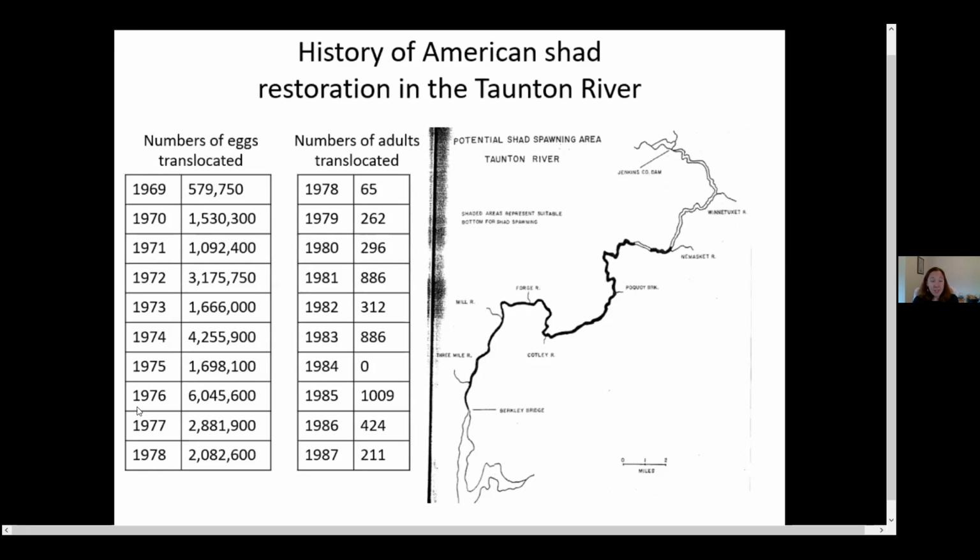So around 1969 into the late 1970s was when the big push to try and stock American shad, mainly from the Connecticut River, was underway, and eggs were translocated into the Taunton River and the Charles River. Now, upon first glance, these seem like pretty good numbers, but to kind of put things into perspective, a typical